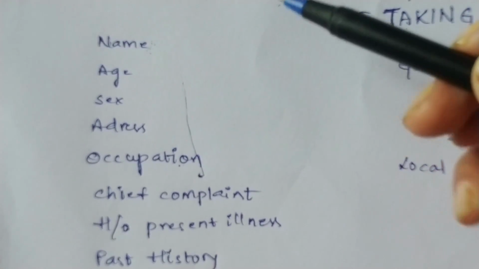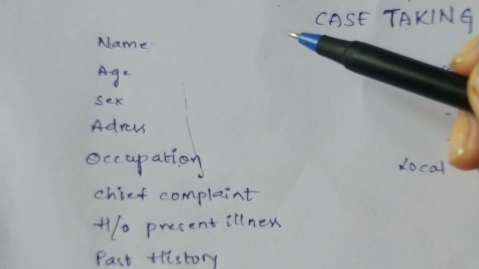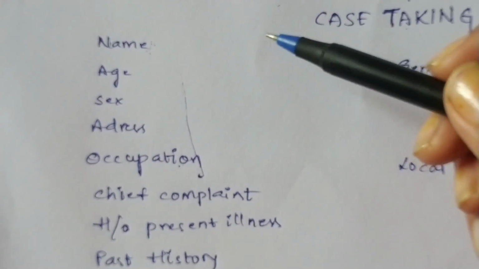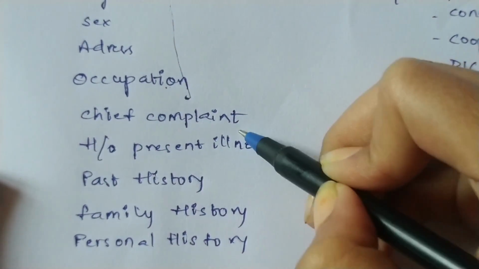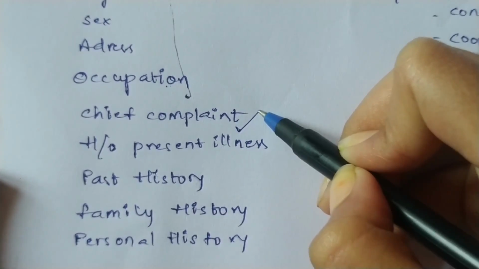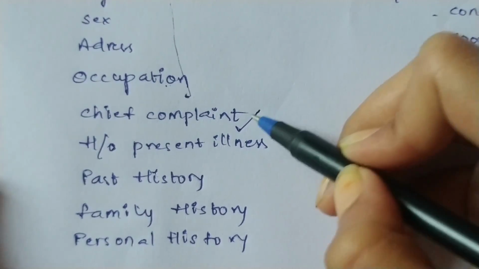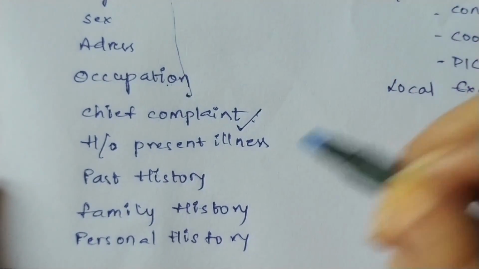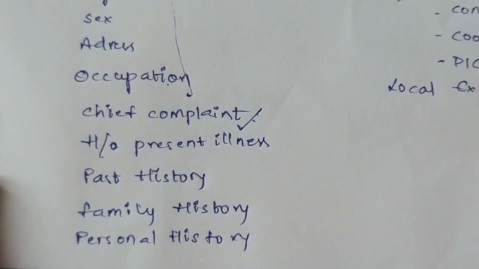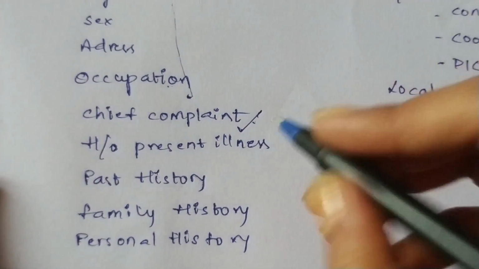female patient named so and so, from so and so village, who is a so and so worker, came with a chief complaint of. You will say chief complaint. What is their main complaint? Why do they come to the hospital? You will write that here with the chief complaint of so and so. Since how many days or months or years, you will write like that.